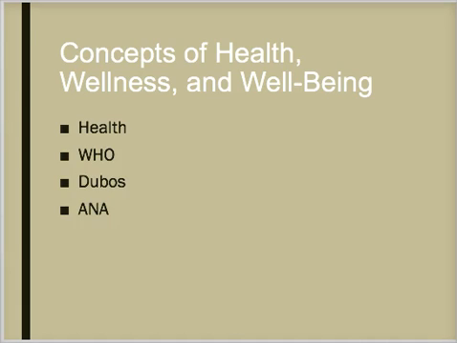Dubos viewed health as a creative process, which means his process includes quality of life, social, emotional, mental, spiritual, and biological fitness. It results from adaptations to the environment. It's believed that complete well-being is unattainable. The individual must have sufficient knowledge to make informed choices, and income and resources to act on those choices. And the American Nurses Association defines health as more than absence of disease. It includes striving towards optimal functioning.